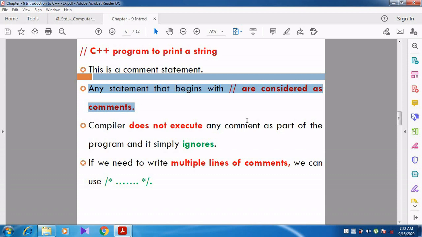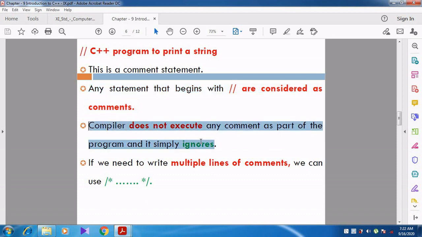The compiler does not execute any comment as a part of the program. So they are non-executable statements. Can you understand, students? These statements are simply ignored by the compiler and are not executed.